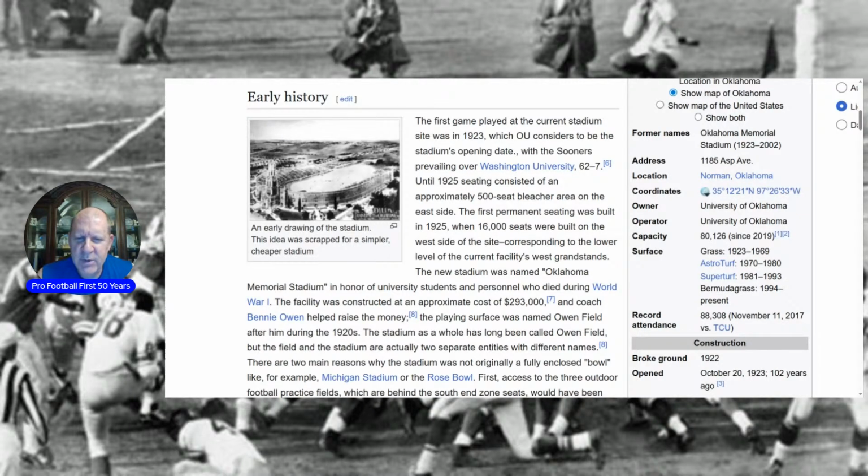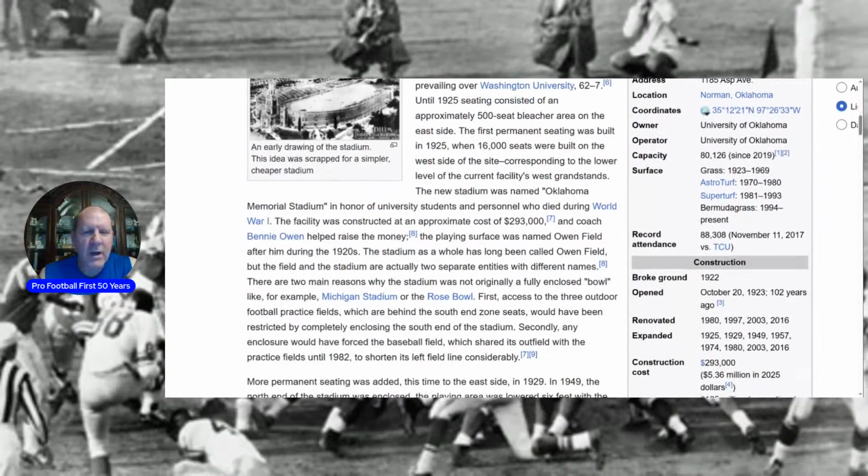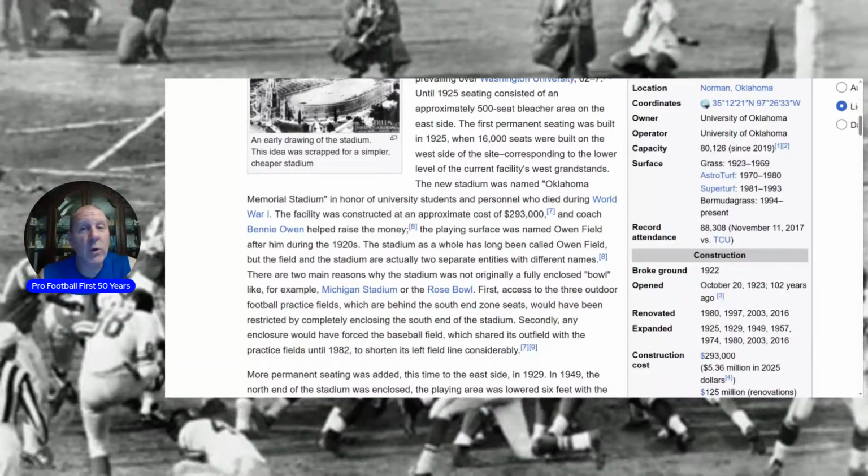The new stadium was named Oklahoma Memorial Stadium in honor of university students and personnel who died during World War I. Very appropriate. Naming it after fallen soldiers, you can never argue with that. What I can't stand nowadays is the sponsorships and all of that stuff. It's like naming it the Mercedes-Benz Stadium. I hate that. But anyway,